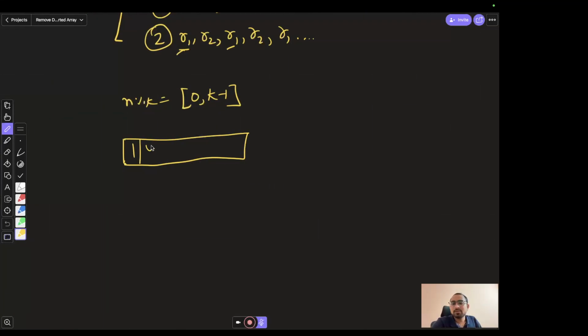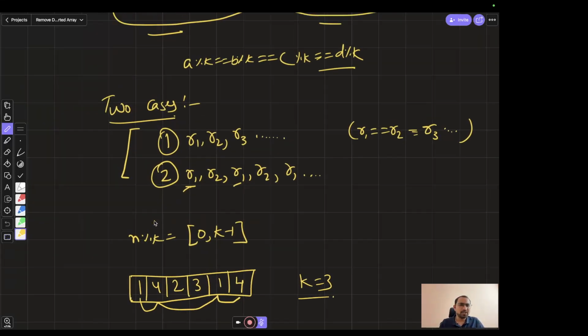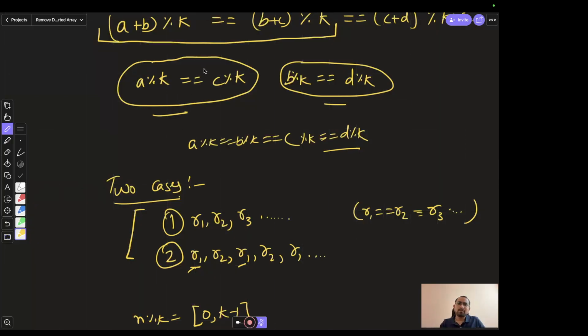So 1 4 2 3 1 and 4, and the value of k is 3. Now if you see the final answer, obviously we know that it is 1 4 1 4, but how to reach there, right? How to know that 2 should not be the answer, 3 should not be the answer, and everything. So now if you just try to focus, okay, if you just try to understand that